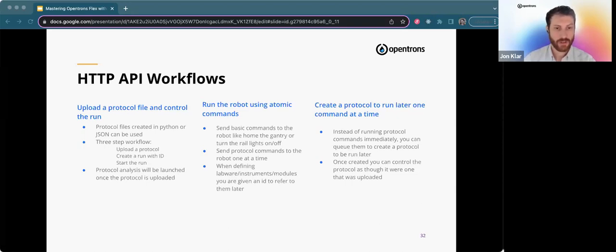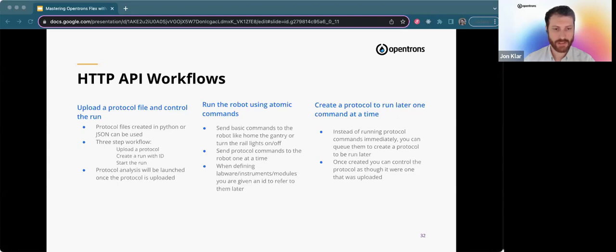So the 3-step workflow is to upload a protocol, sending a request with the protocol attached, and you will get a response that has an ID that is now associated with that protocol. You can create a run with that ID through another endpoint, and then there will be more endpoints to control the run